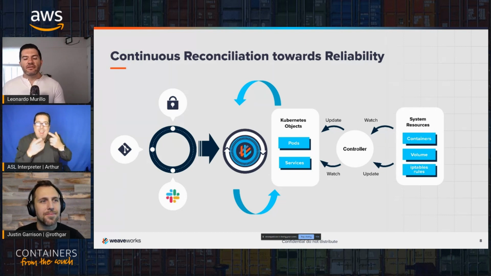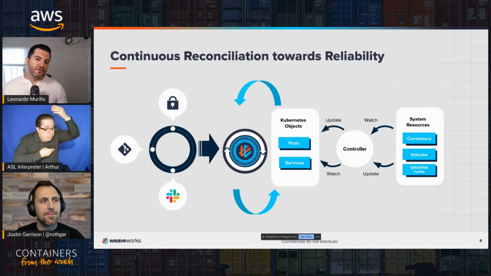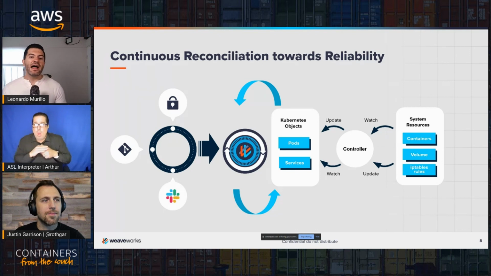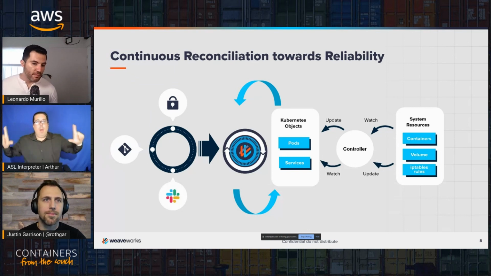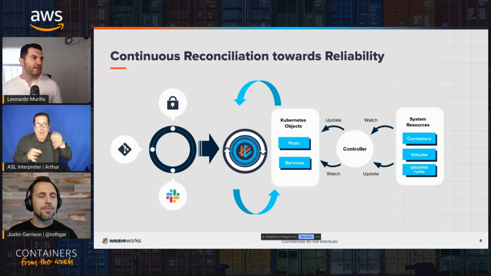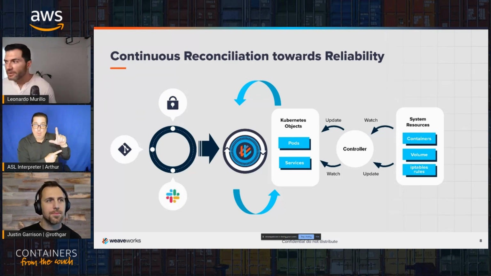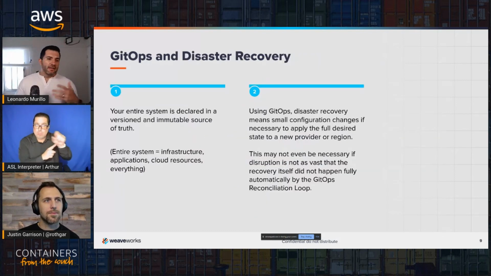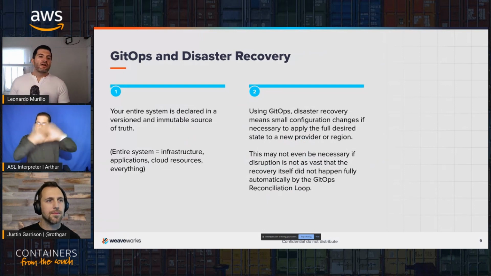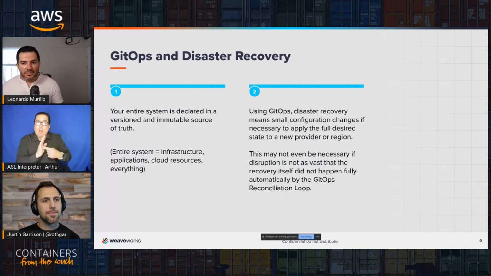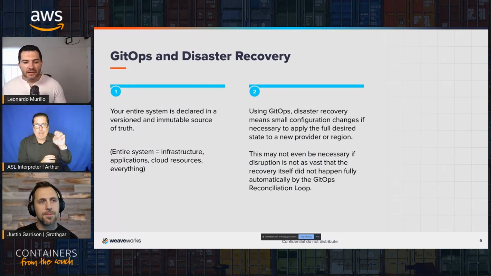And I think that's also where Weave GitOps provides a lot of value on top of EKS and on top of Kubernetes, because it allows you to see what's going on, to have clarity and to define actions that you want to take when deployments are ongoing, when things work and when things don't work, right? And this works great for disaster recovery, right? When you think about this large scale, this fleet of clusters,